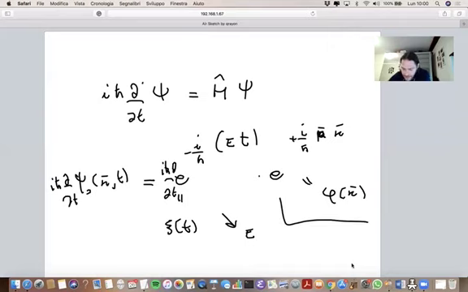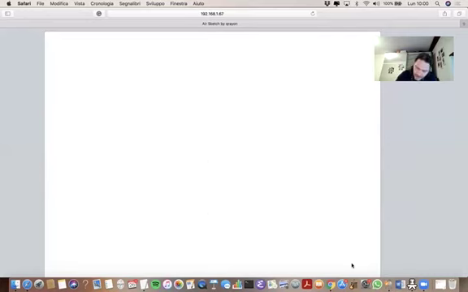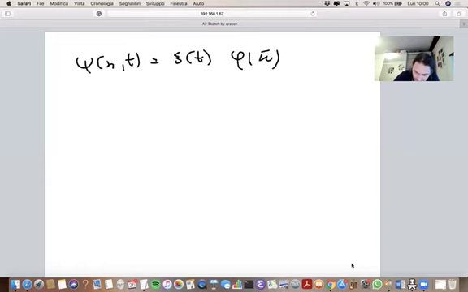Now, the specific structure of phi is irrelevant as far as this discussion is concerned. I mean, as far as the property acting on time derivative will always give me the same result. If I want to enforce this property, I don't really need to specify what this is. All I need to have for a conservative system is that a wave function must be the product of a function of time times a function of space, and the function of time must be in the form